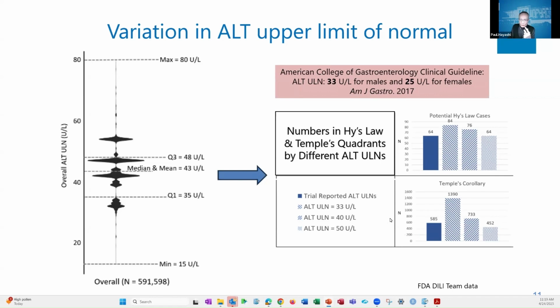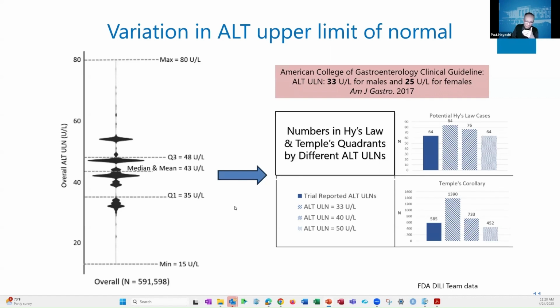So the question will be is, so what? If we do fix it, do we see an imbalance, or do we pick up true blue Hy's law cases? And we're still working through that data. But the only thing I would say right now, for all of you developing trials, I would ask you to ask yourself one question: is the lab you are using, does their upper limit of normal fit your target population? Most of the time, I think it'll be okay. But there are certain instances where I've seen where it's not okay.